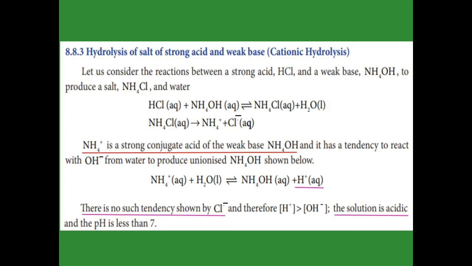See the third reaction in this one. The NH4+ reacts with the water and gives ammonium hydroxide and H+. It is an equilibrium reaction, and then the H+ remains, because ammonium chloride produces NH4+ and Cl-. The Cl- has no tendency to react with the H+, so now we have more concentration of H+. What does more concentration of H+ mean? The acid character increases over the base character, so the solution is acidic and the pH value is less than 7, because when the H+ concentration increases, the pH value automatically decreases.